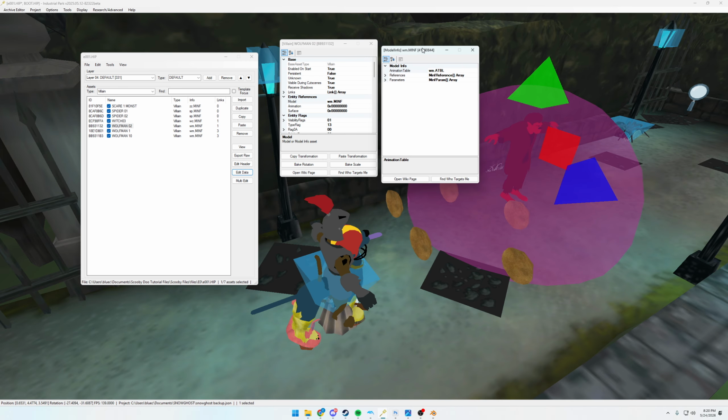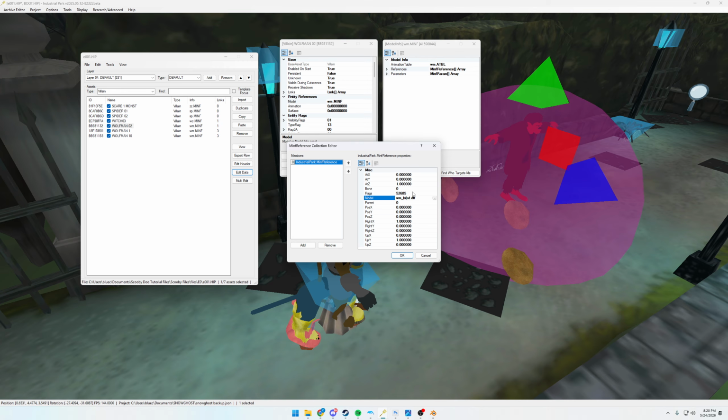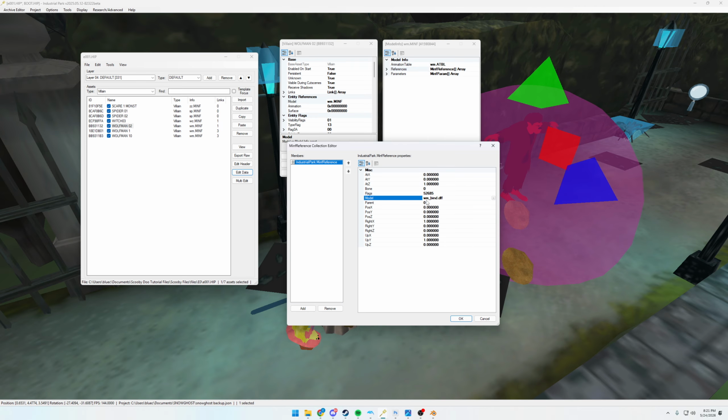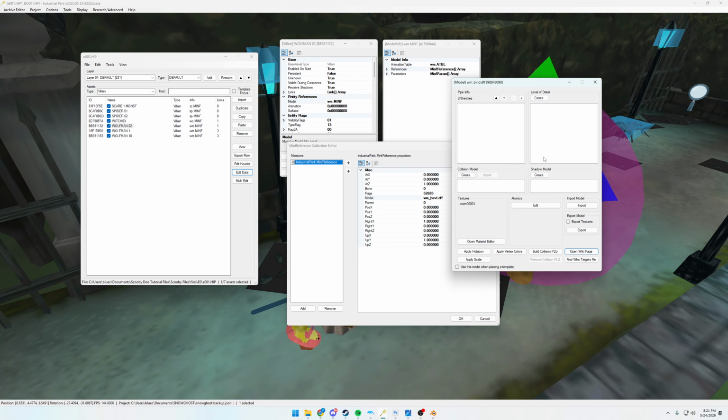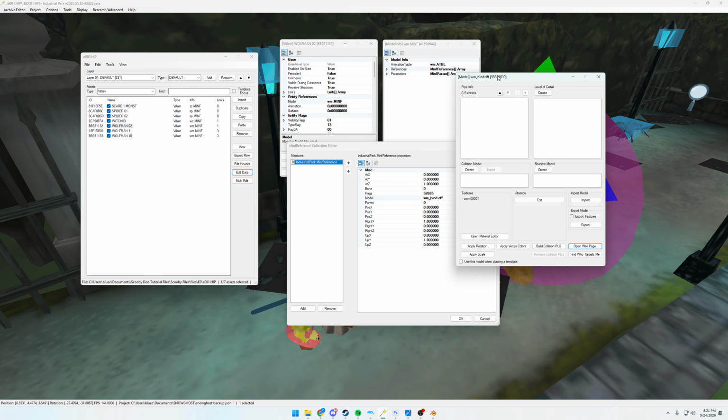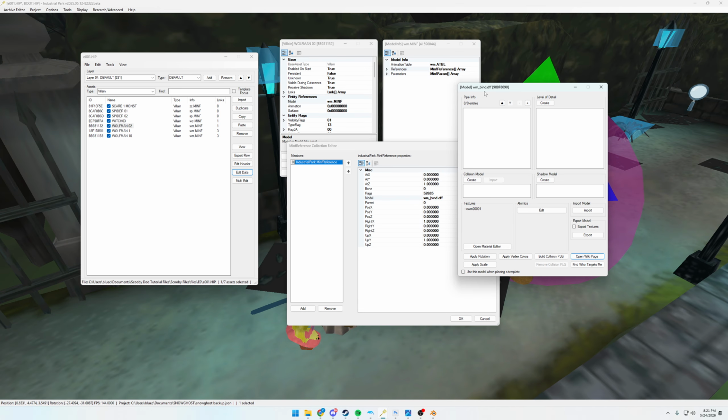That's going to open up the model info. And then under references, I'm going to find the model there. If I click on the three dots next to wm_bind.dff, that's going to show up this. This is what we need. This is the model,